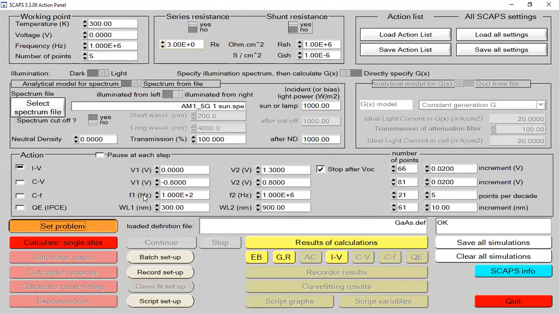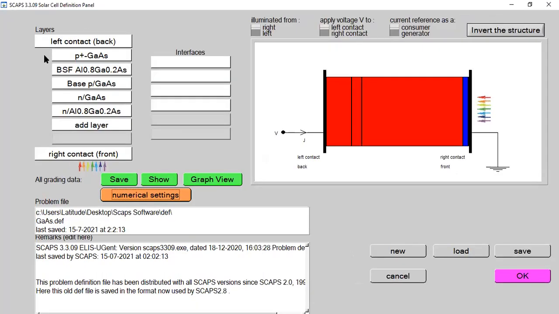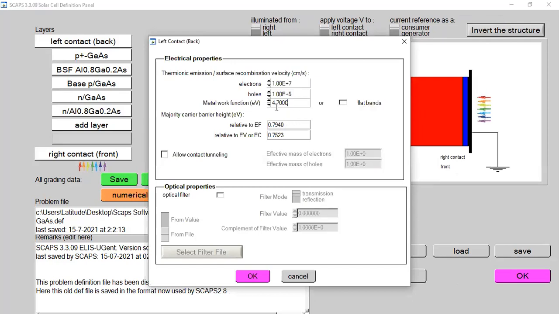Now I am going to set the third back metal contact, and I'm going to replace the work energy function of Ag with copper doped with carbon. That has a work energy function of 5 electron volts, a little bit better. And definitely what kind of results will I have? I will have better results.